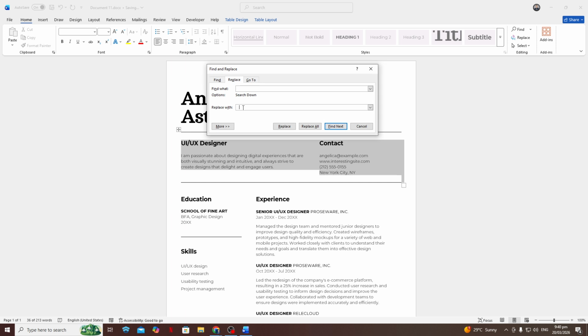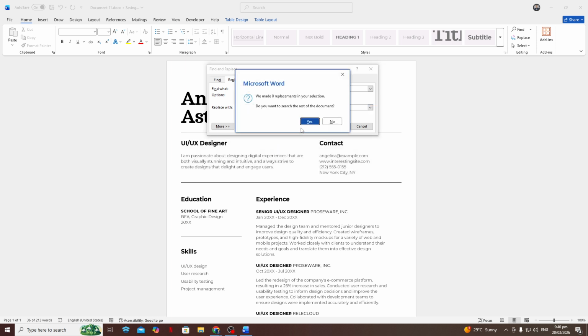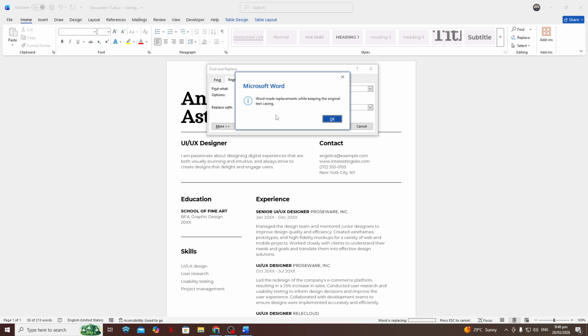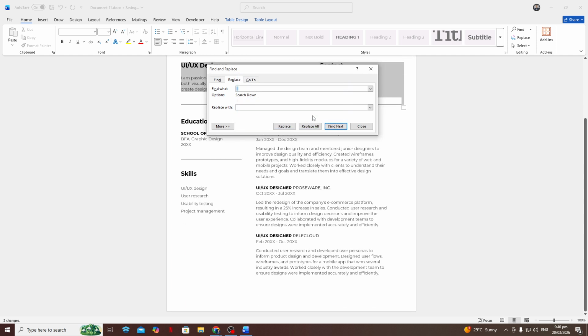Click on Replace All. Word will scan your entire document and tidy up all those double spaces automatically. You'll see a message telling you how many replacements were made. If you want to be more cautious, you can use the Find Next and Replace buttons instead, reviewing each change one at a time. You can repeat this process if you suspect there are spots with 3 or more spaces. Just run the same Find and Replace again until Word reports 0 replacements.